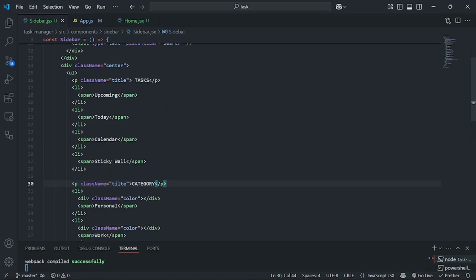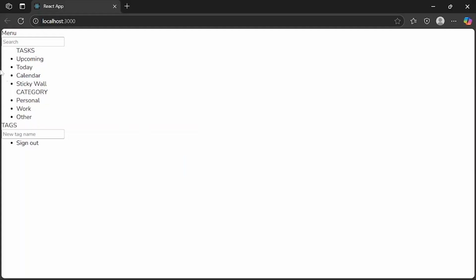Now the next thing we want to do is, let's go back to the browser first. If I come back here, now I want to add some icons. In this menu I want to have a menu icon. In this upcoming I want to have something like a next and a calendar icon, a sticky wall icon, and a sign out icon. To do that, I'm going to use an external library or an external component